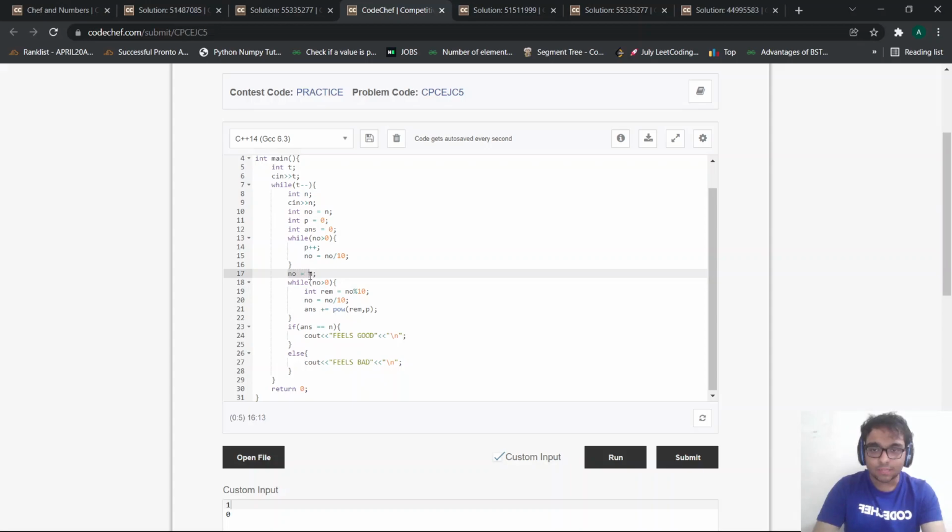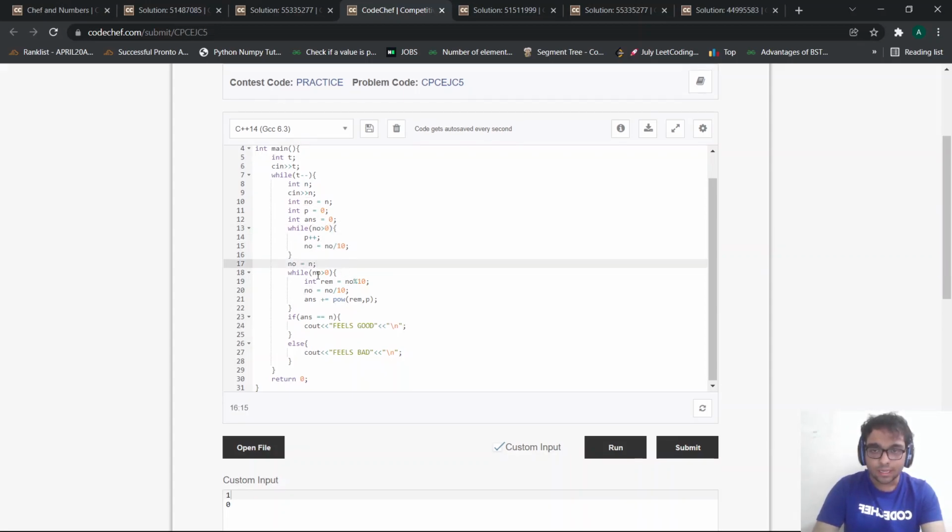Then I again initialize my number as n because my number became 0 while traversing this particular loop. And then what we do is we extract the remainder using number modulo 10. So we extract digits from the number, and then for the following digits we raise each to the power of p. So that was the definition of our Armstrong number. For each and every individual digit, we have to raise it to the power of the number of digits in that particular number. And then if my answer turns out to be n, I simply write "feels good",